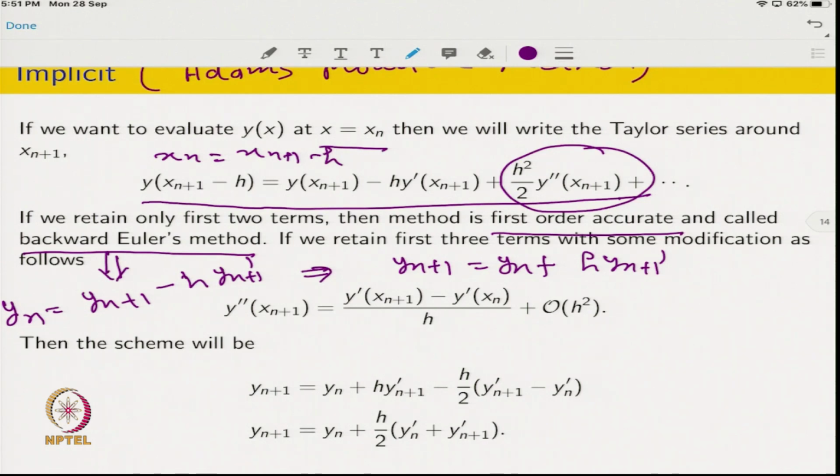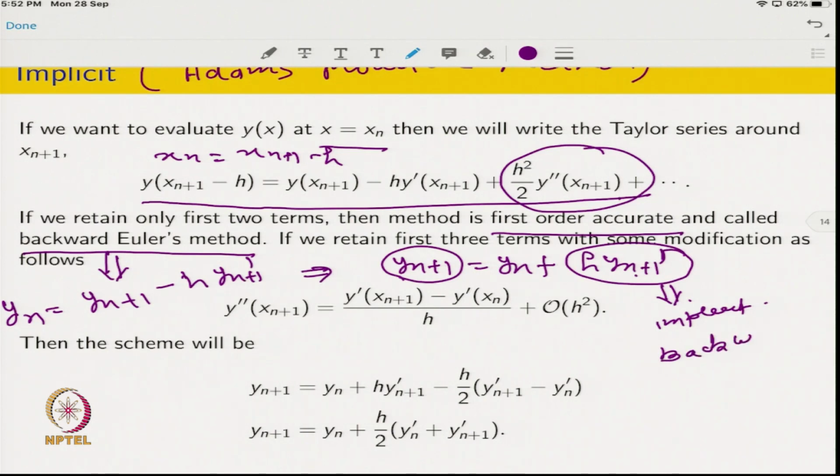So, why is it an implicit method? Because the term which is involved on the left hand side is also involved on the right hand side. That is why this is called the implicit backward Euler method,